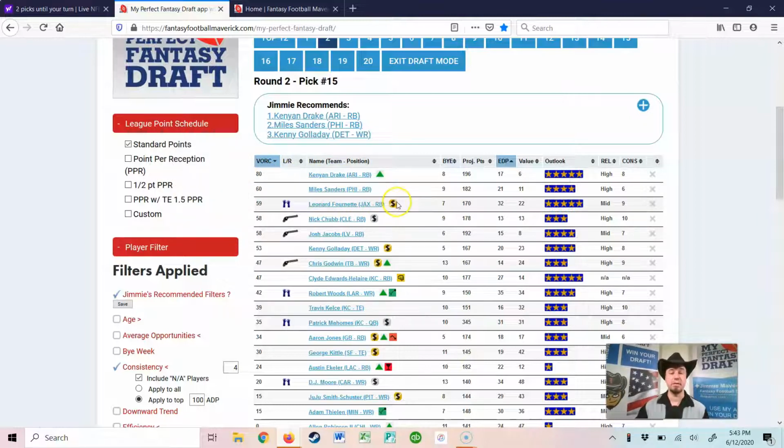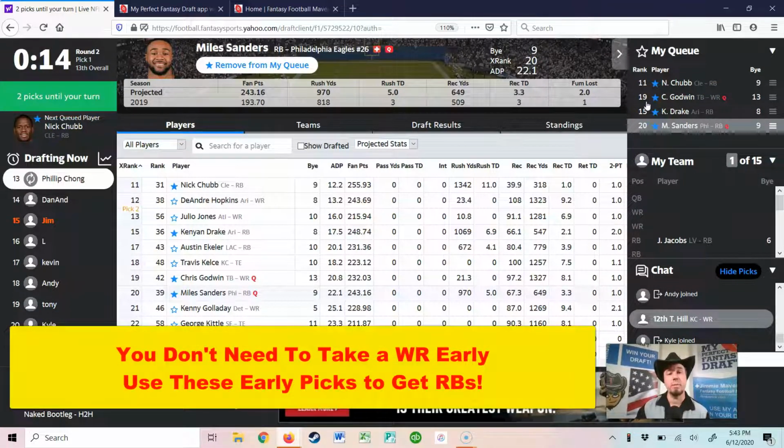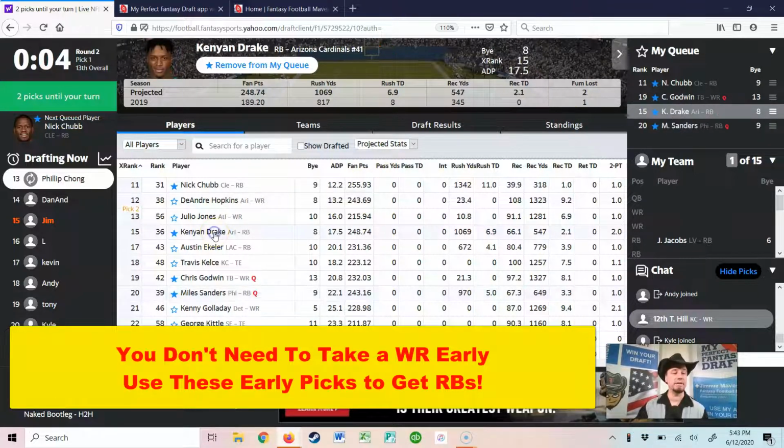You can see Leonard Fournette's also very highly rated up here. He is a reach. This is the kind of player that I would try to wait until the third round and see if he would make it. But I don't think we need to worry about it. It is almost back to us right now. You can also see that Godwin is still on the board. But again, you don't need to take a wide receiver in the first two rounds, especially in a standard points league. We got to load ourselves up with an awesome running back core, and that's what we're going to do here. So as soon as it gets to us,